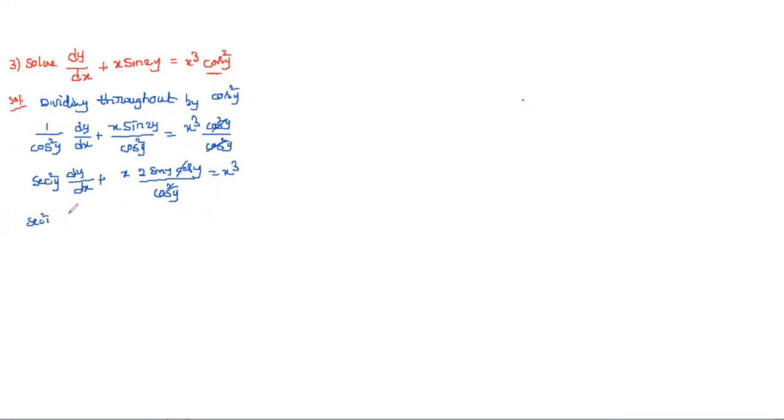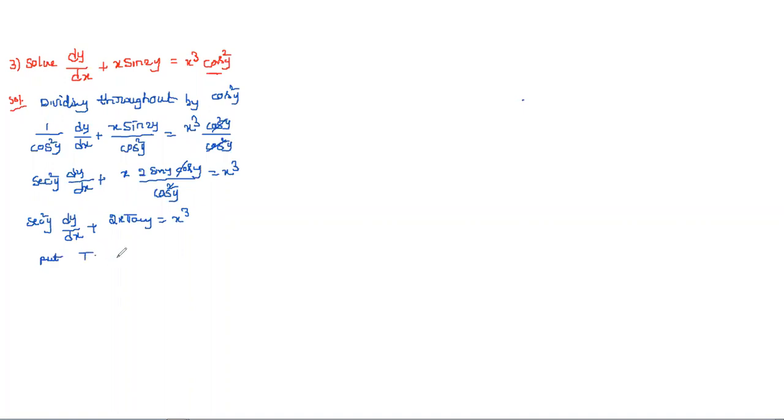Secant square y dy by dx plus 2 is a constant. Simply we can write inside of that one. So 2x into, here it is, if you observe that after cancellation of cos 1 as well as cos here, what about remaining in the denominator? Cos is the remaining one. So sin y by cos y is nothing but simply what we can write, tan y is equal x cube. Okay, now this is looking like as a Bernoulli's one. Now we have to take the assumption, put tan y is equal t or z.